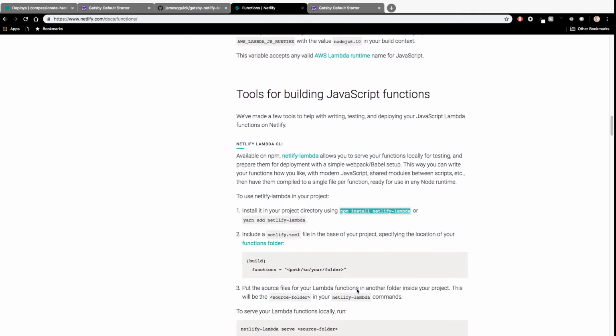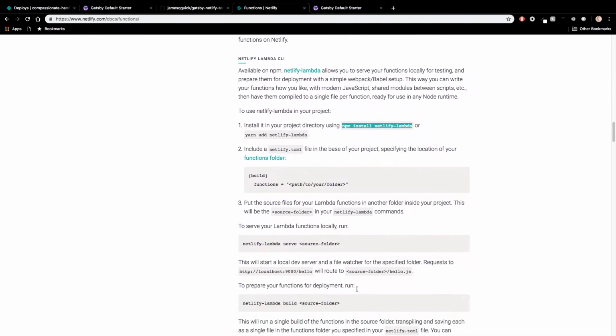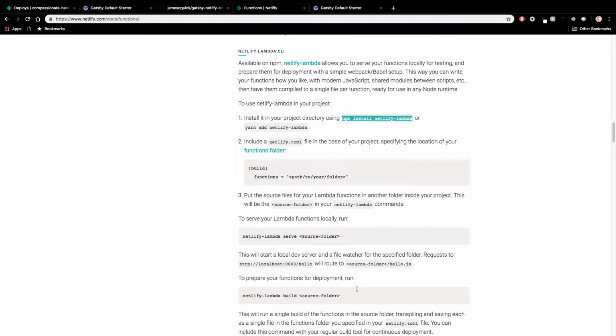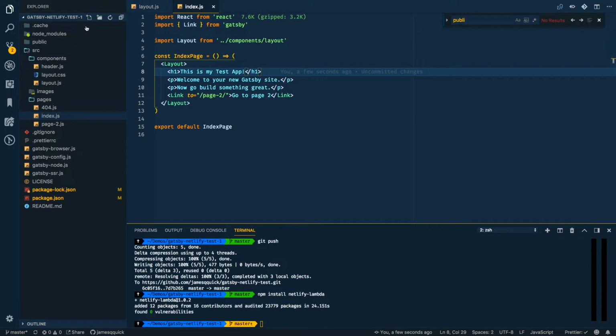Let's come back over to the docs real quick. And this is saying, let's see here. We're going to need a couple of different things. One that we could go ahead and do now is create this Netlify toml file. And what this does is basically, when we do a deploy, the Netlify toml defines what we want